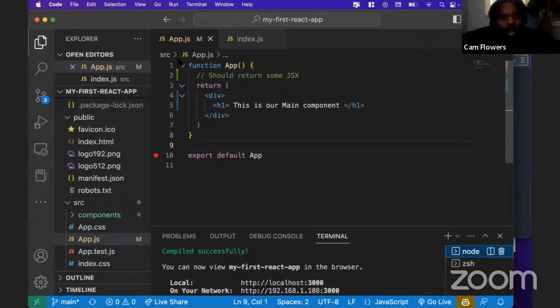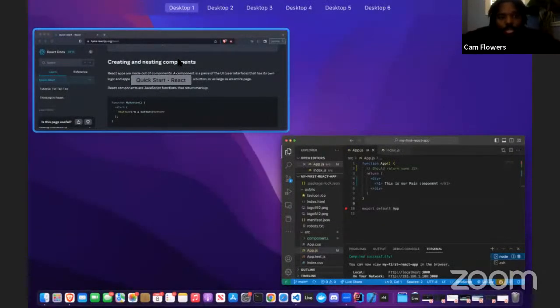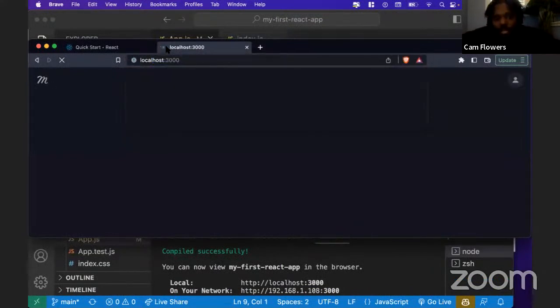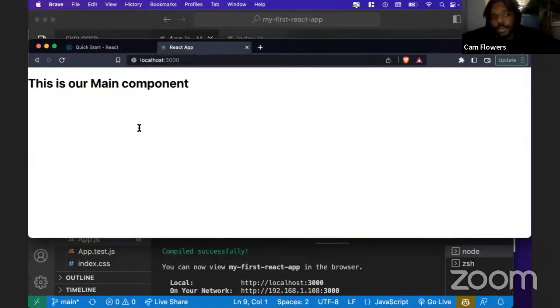So on the browser, I could go to localhost 3000 and I should be able to see this app component that we just started working on. So here we go, we see it, dope. So